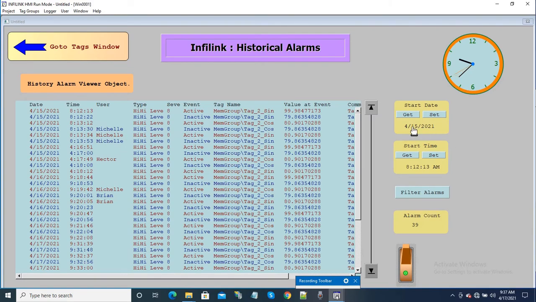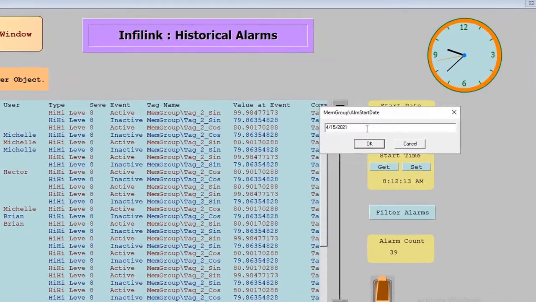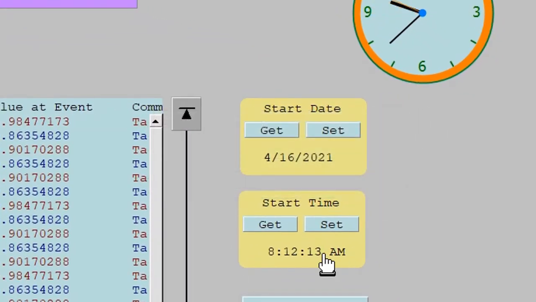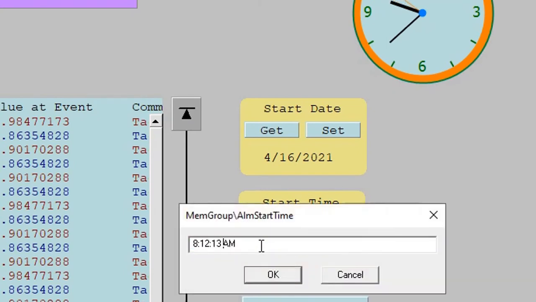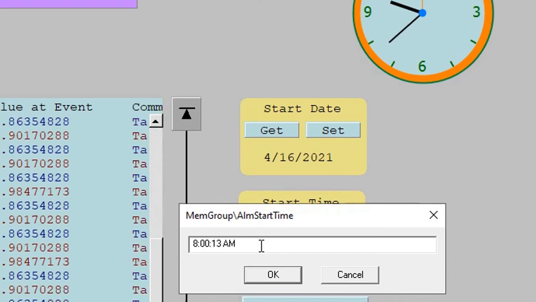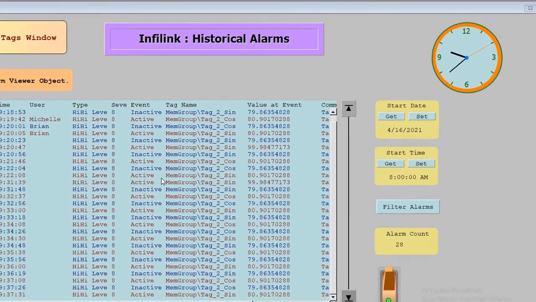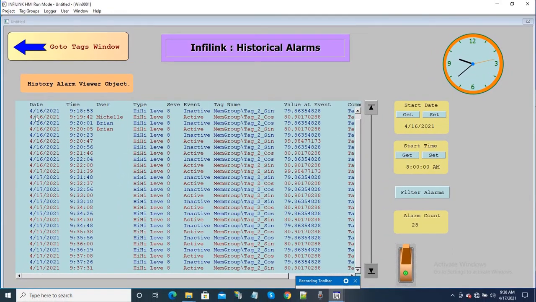Now let me set the start date as April 16th 21 and start time of 8:00:00 and click set. Now we see the alarms from 16th April 21 and after 8 o'clock in the morning are displayed in this